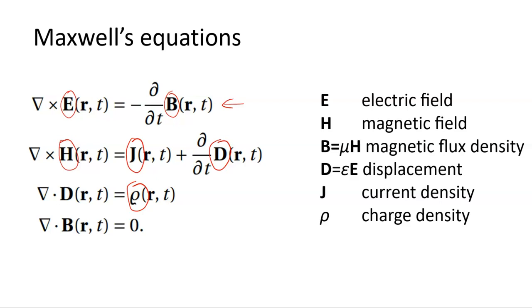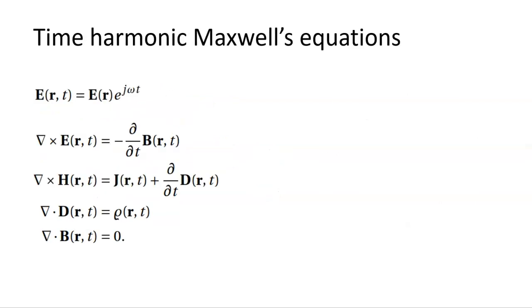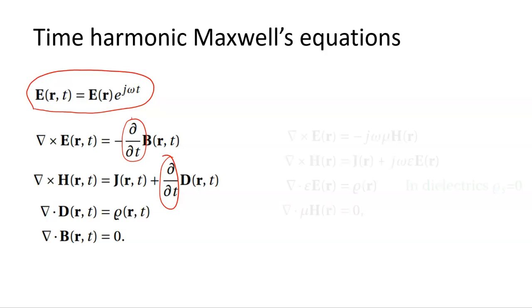Faraday's law, Ampere's law, Gauss' law, and Gauss' law for magnetism. For continuous signals, we often assume that they have harmonic time dependence. This can be included by introducing a complex phasor. In this case, the time derivatives in Maxwell's equations can be written as